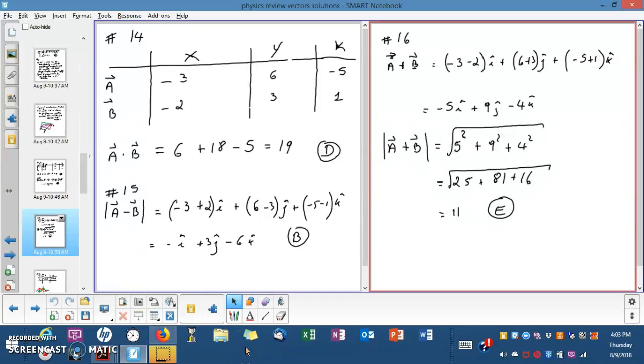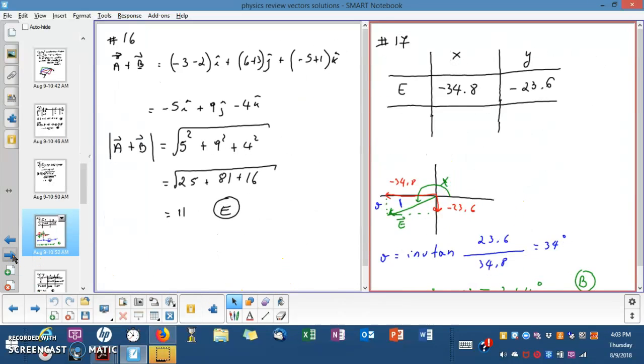And to finish off the packet, let's keep going from number 16. For number 16, you have the two vectors A and B, and you want to know again the sum of those two vectors, so you just add those components, and that's your answer. Then for number 17,